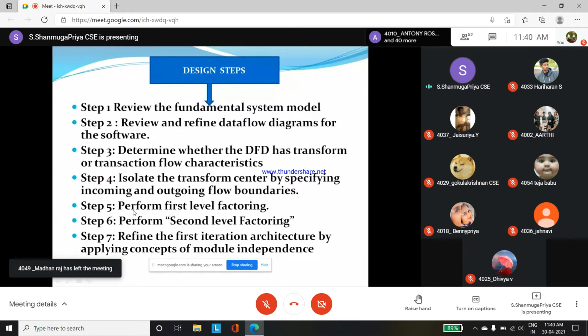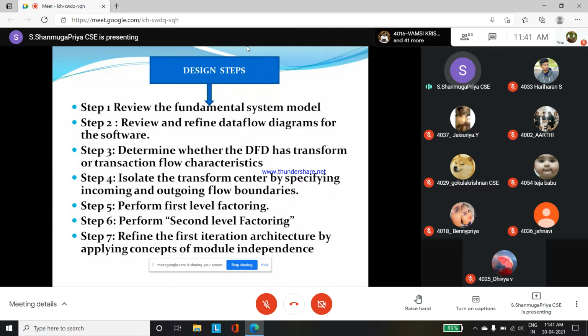The first step is that we have to review the fundamental system model. First we have to review what our model is. Before the design part, we have an analysis phase, the requirement analysis phase.